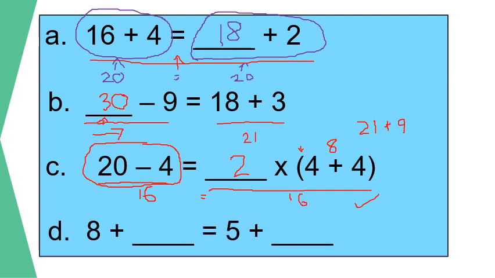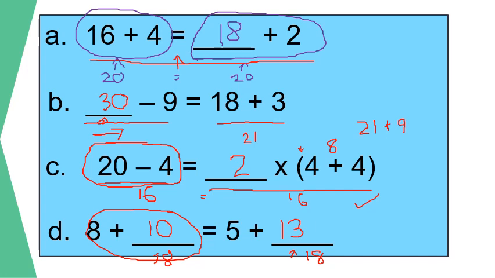And the last one here is a little bit different. Now, you won't have any of these today, but you have 2 missing values. So here I've got 8 plus something equals 5 plus something. So it's not simply a case of going, well, I'm going to solve this part first, and then that'll tell me what I need to input here. So let's say I do 8 plus 10, which is 18. On this side here, so that's 18. This side here is also going to need to equal 18. So I could say 5 plus 13